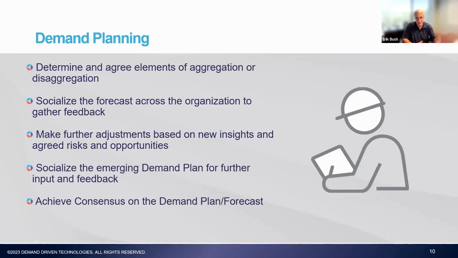Part of the process here is socialization. Part of it as well is looking at aggregations. Aggregating your forecast can be beneficial because it helps improve forecast accuracy, but it can also be counterproductive because sometimes it masks some of the dynamics and variability that given items within a given aggregation may experience. But suffice to say, what we're trying to get here in traditional S&OP is a consensus demand plan.